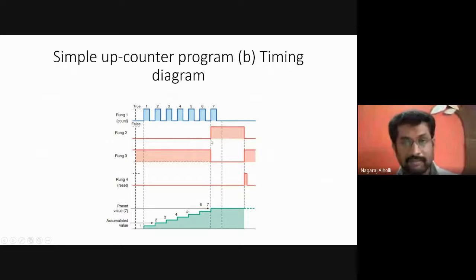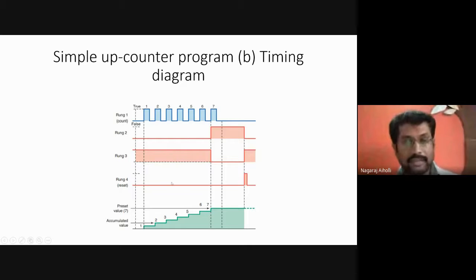When the done bit becomes 1, that time the examine if open instruction becomes false, because when the done bit becomes 1, it is closed condition. Examine if open becomes false, and then rung 3 will become off. That is, the green pilot light will be turned off, going from high to low state.